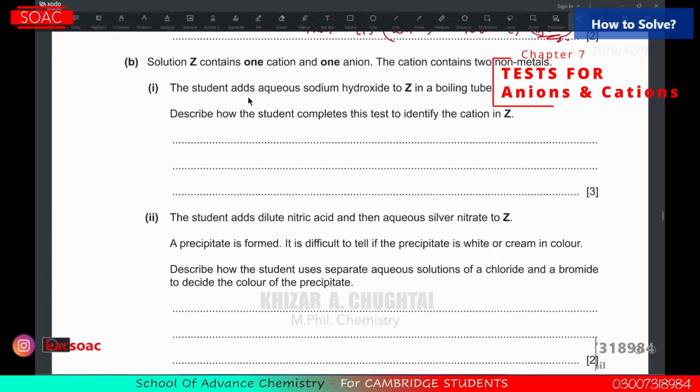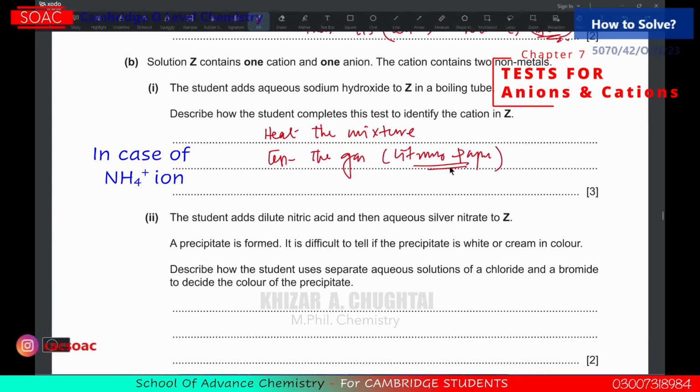The student adds aqueous sodium hydroxide to Z in a boiling tube. Describe how the student completed this test to identify the cation in Z. So basically, in this case, first of all, you will heat, warm or boil the mixture. Number one, you will heat the mixture. Then if any gas is being formed over here, we will test it. Test the gas with litmus paper, whether it is an acidic or a basic gas. And if ammonia is being formed, then it